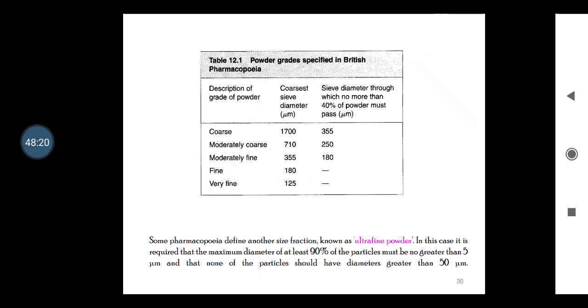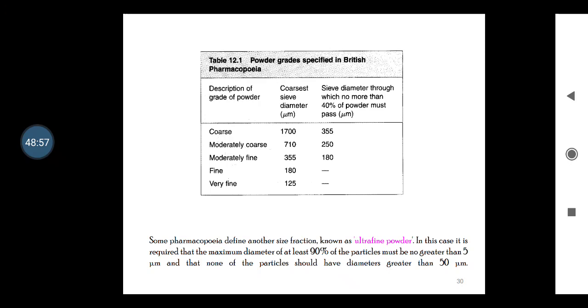So when we distinguish these official grades of powder according to the other official pharmacopoeia, the British one, then there is only one extra column, that is coarse sieve diameter. Whereas we had seen just now the official grades of the powder according to the Indian Pharmacopoeia 1996, where we had seen the lower limit and the upper limit of the sieve and nominal mesh aperture size. But here we can distinguish these official grades of the five powders with respect to the coarse sieve number.